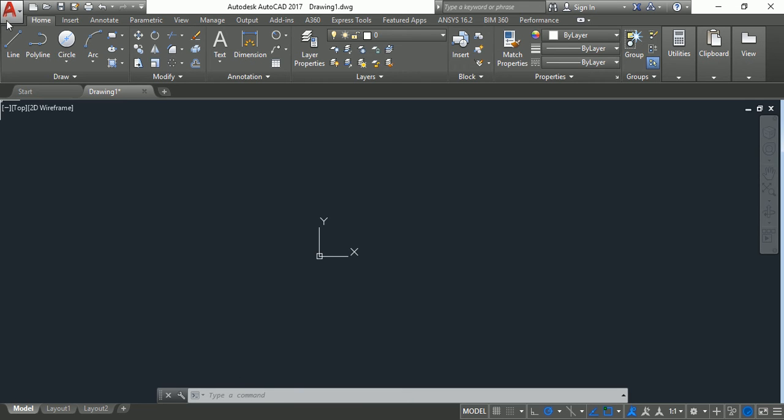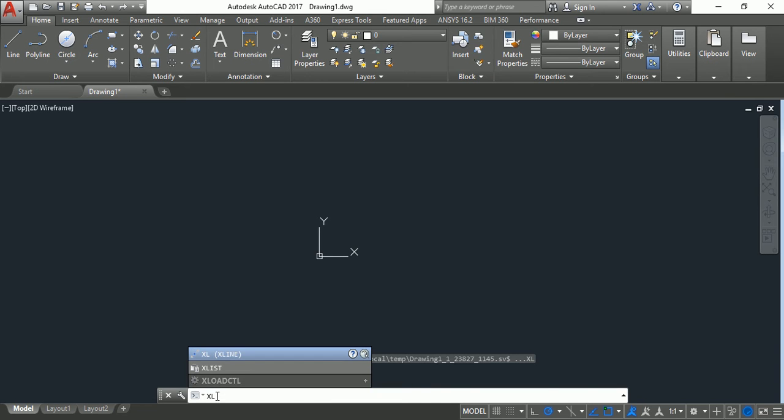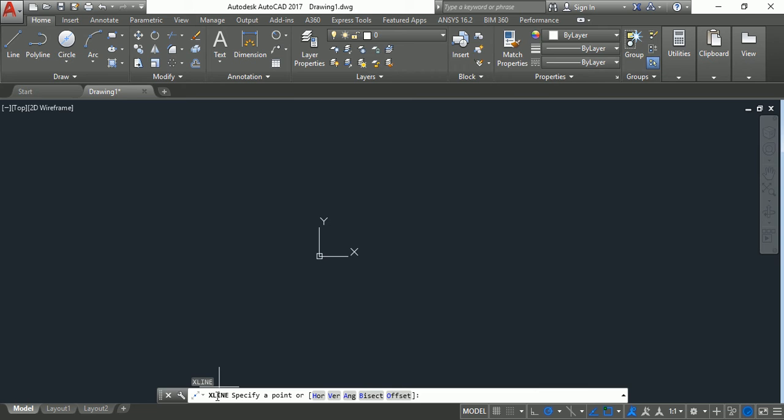In AutoCAD, for creating any entity, either we can go to the ribbon tab and directly access the commands from here, or we can also use shortcuts to create the entities. For construction line, the command is XL.